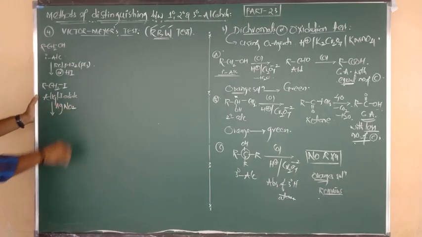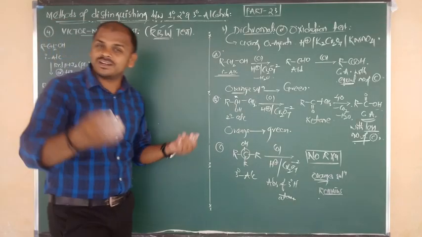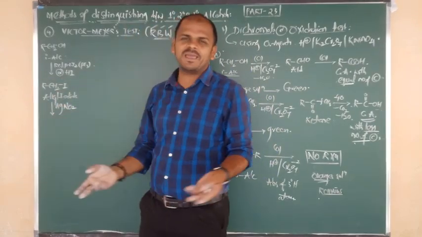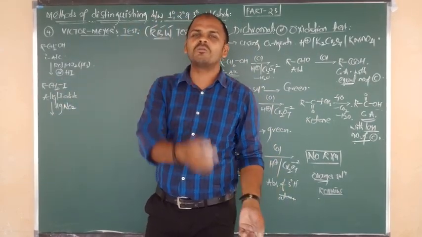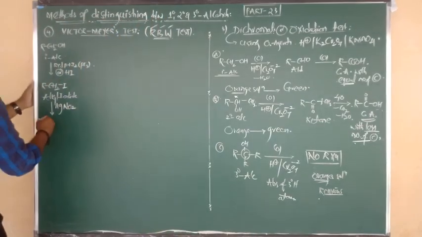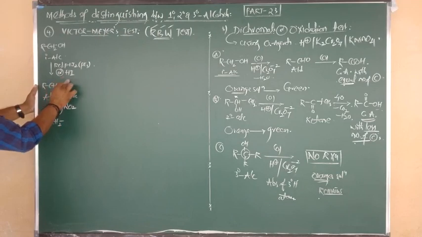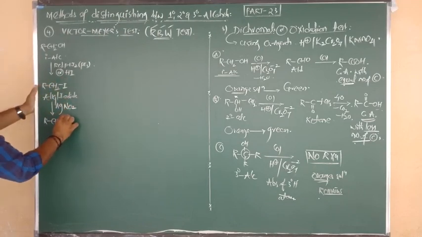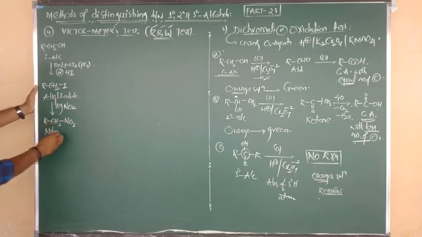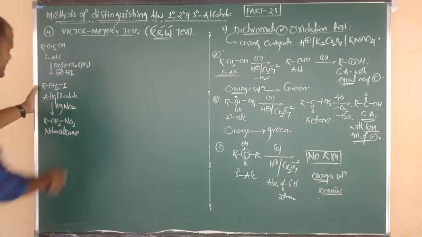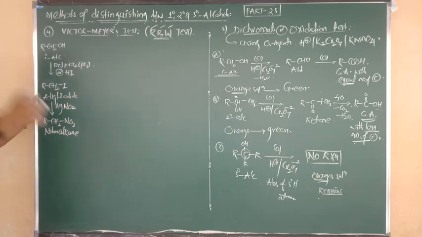Now that alkyl iodide undergoes reaction with AgNO2. This we have also studied in nucleophilic substitution reactions. I minus is replaced by NO2 minus, and we get the nitro product. So we write R bonded to CH2, CH2 bonded to I, with I replaced by NO2. Simply write NO2 in place of I. The product is a nitro compound, with a carbon single bond, so we can say nitroalkane, maybe nitromethane, nitroethane, whatever it may be. I hope you understand.